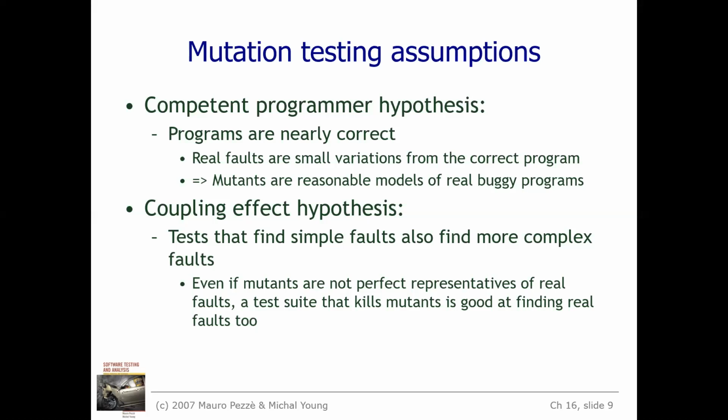These things are nothing but the competent programmer hypothesis. If I say NaN, there will be confusion because I have not taught you what NaN is, because we didn't get that type of error itself. Does that mean we should not concentrate on it? No. That's what the competent programmer hypothesis is all about. My program is entirely written correctly, but if I don't typecast the value to the equivalent value that is necessary, then it is of no use. So you need to check for that type of input also. Once you check, you will come to know what NaN is, and based on that your mutant can be killed.